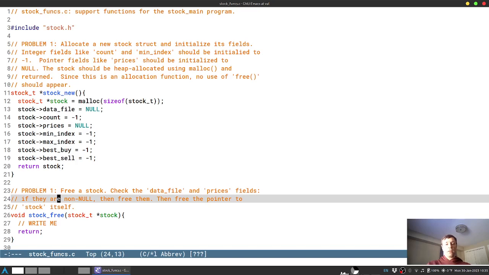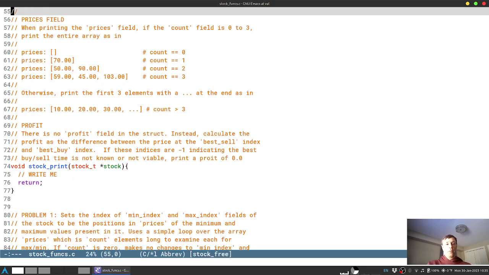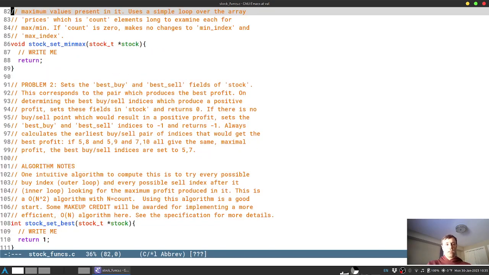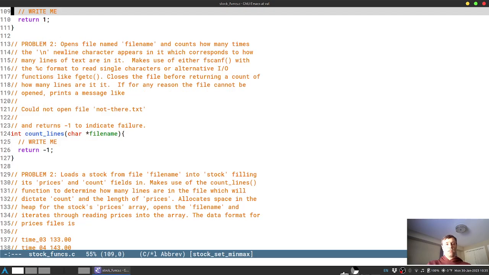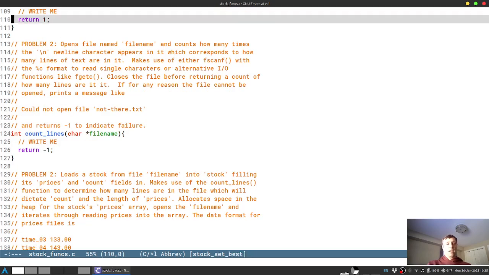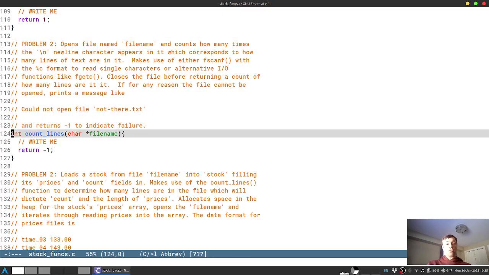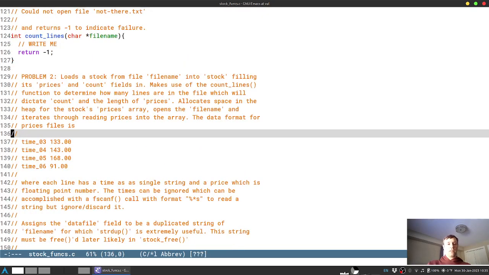Generally then, at least for this first problem or two, you can work sort of straight ahead by grinding through the various functions in here that include printing, setting the min and max once you have some arrays for it, setting the best buy and sell point, and then you'll advance on eventually to working with some of the files that are present. If you're curious what kinds of data these stock files comprise, they look sort of like this,